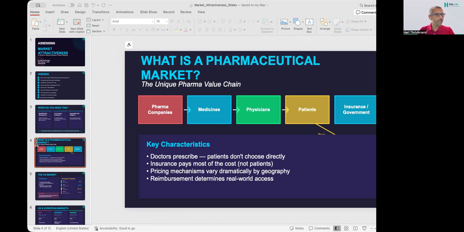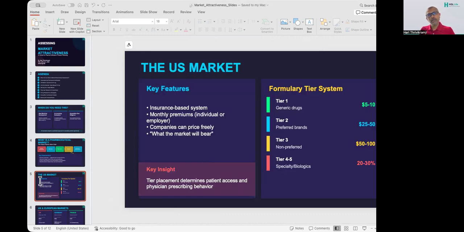Then the US also has Medicaid for people of the lower socioeconomic strata and children, and then Medicare for the over 65s, which operate slightly differently. So now, let's look at the United States. In the US, patients typically pay for health insurance through monthly premiums, either directly or through their employers. When they need a medicine, their insurance plan covers most of the cost. So up until recently, the pharmaceutical companies could essentially price their medicines at whatever level the market could bear in the US, or more precisely, whatever the insurance companies would pay for them.